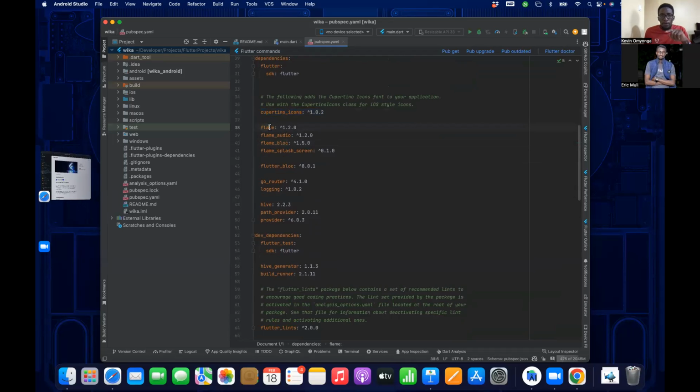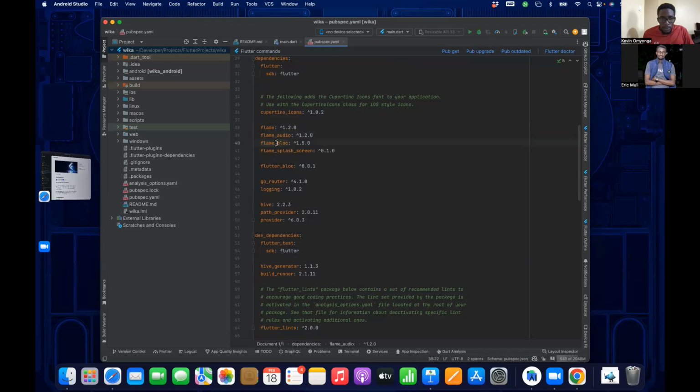Actually, before, Flame Audio used to be inbuilt in the Flame package, but in the interest of issuing updates, they had to split it. There were situations where something was wrong with the audio, but for the updates to be sent, other releases had to be sent along with it, so it used to cause too much delay. So they split the package into two different ones to make it easier to manage.